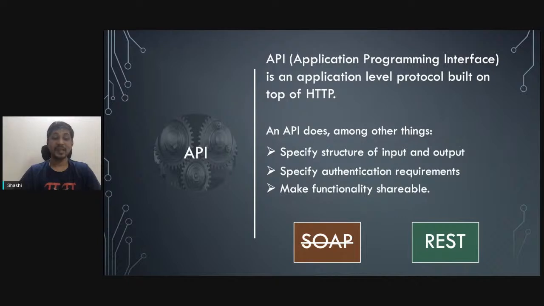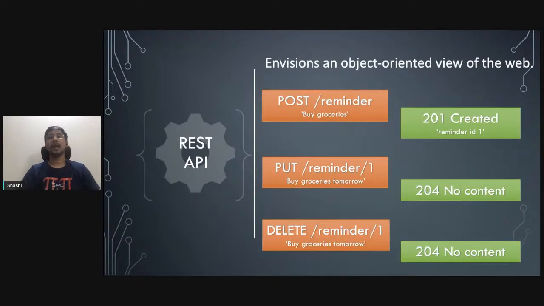There are still browsers from 1996 in use today. So yeah, it's not possible to take anything off the internet. Once it's on the internet, it's on the internet. So SOAP will be there for quite some time. But any new API development should not be done using SOAP. Instead, it should be done using REST. REST is a type of API which kind of takes a different